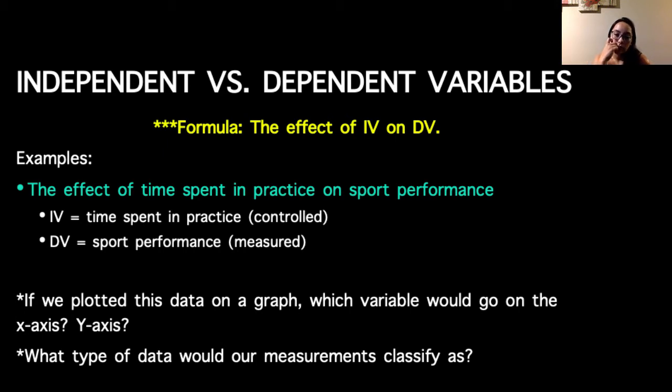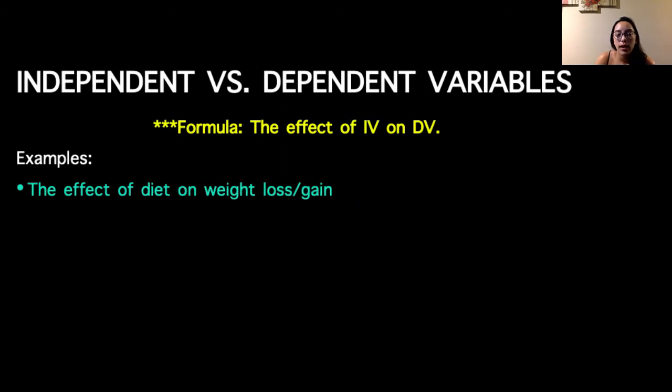But generally it should be ratio, and most of the ways that you can talk about how you might have collected the measurement would point you back to the characteristics of ratio data. Okay. Another example for you guys